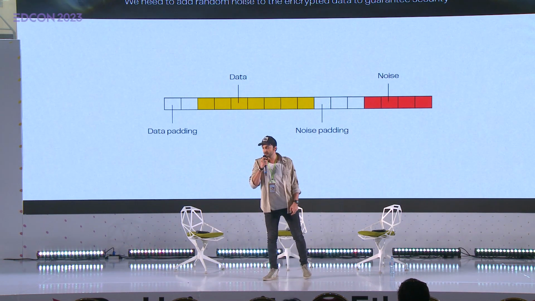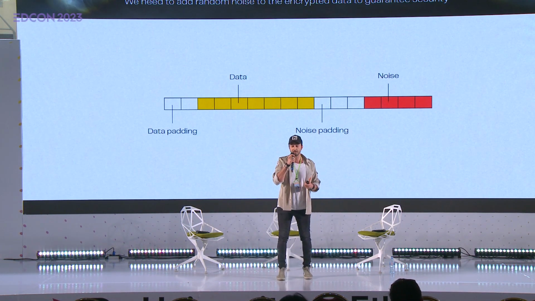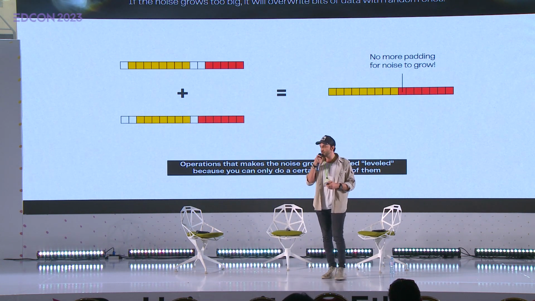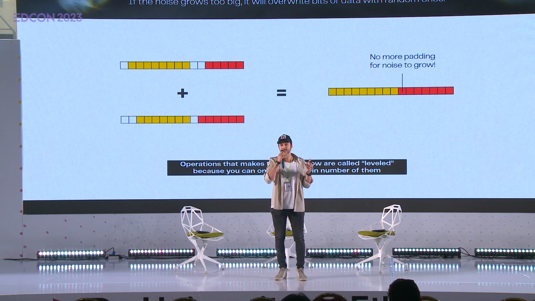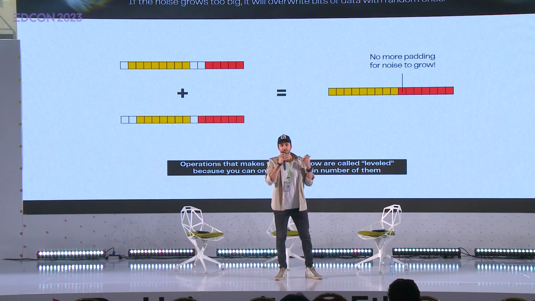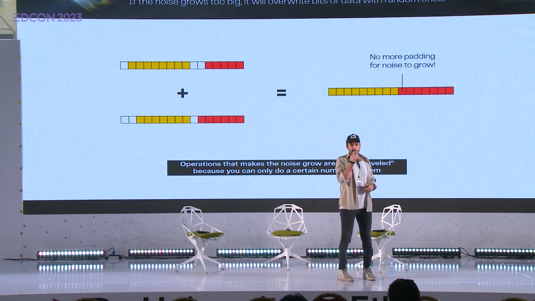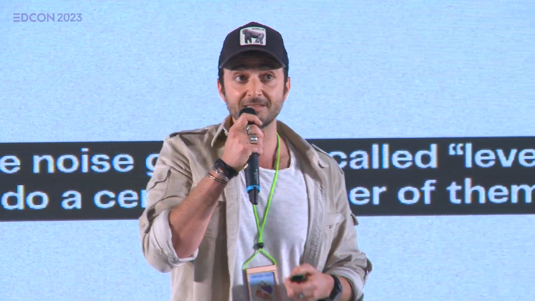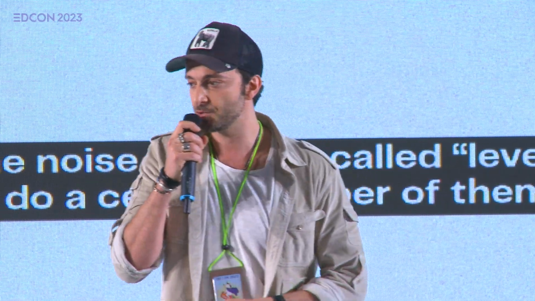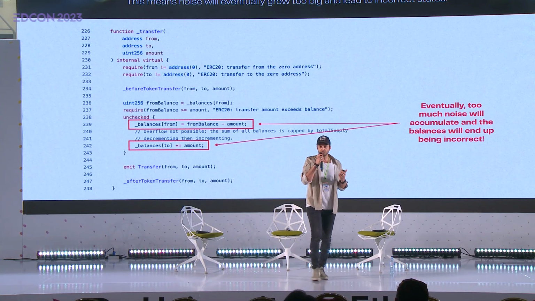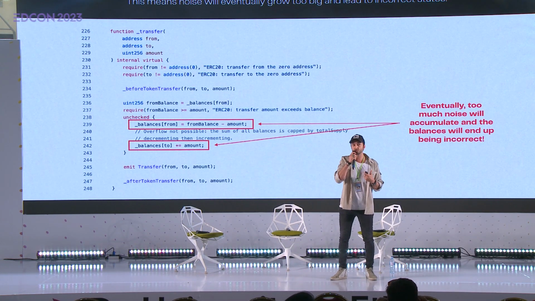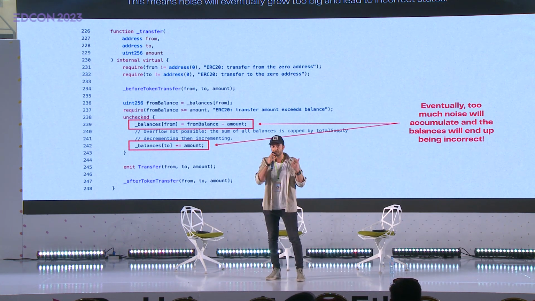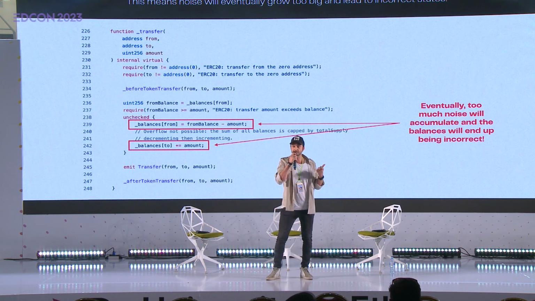So how does FHE work? Basically what you do is that you encrypt some data and you have to add some random noise to the data. Because you're adding this random noise, you basically also have a growth in the noise itself when you're computing on the encrypted data. For example, if you're adding encrypted values, the message itself is growing, but the noise as well, which means that after some point, you're basically getting noise overflowing on the data, which gives you an incorrect decryption. So this is a problem in a smart contract because if you don't actually have the ability to do